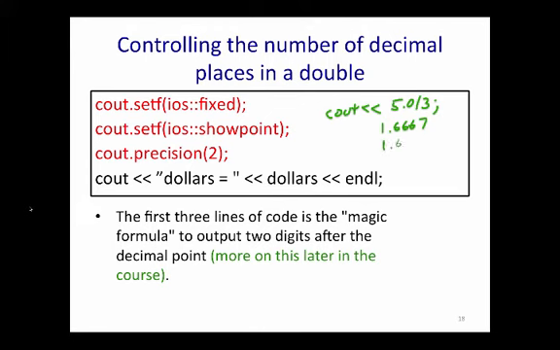What I really want to see is 1.67. The way I can do that is using what we call for the time being the magic formula, which is you first do cout.setf ios::fixed. And what that's saying is we want to show our numbers using a fixed format rather than scientific notation. Scientific notation is the default